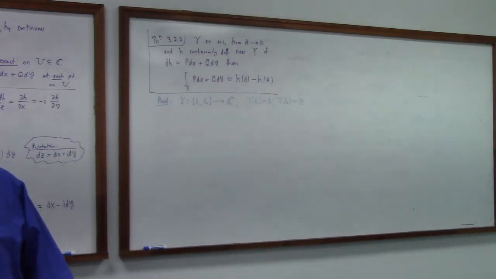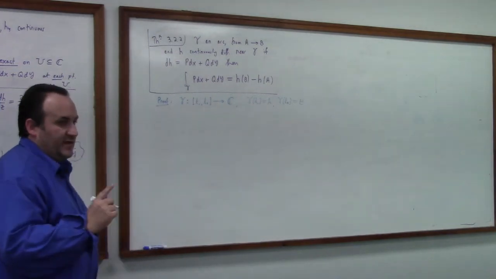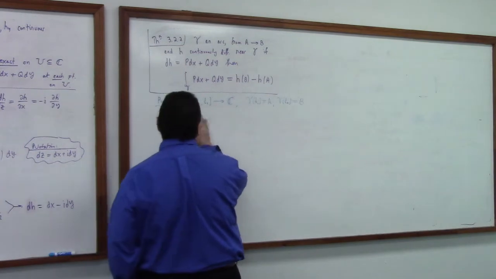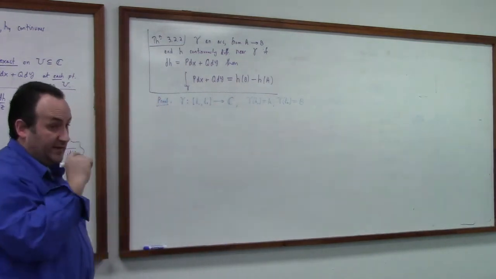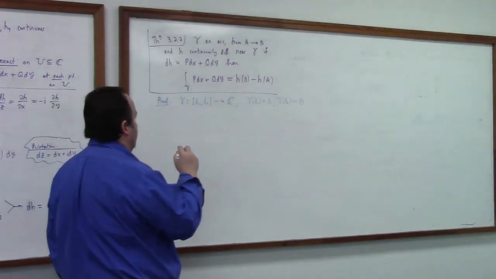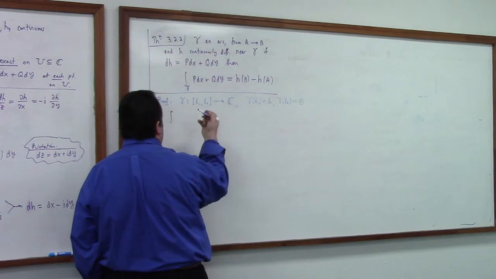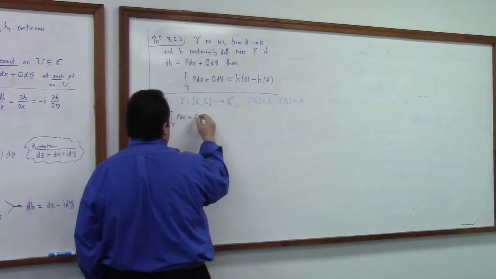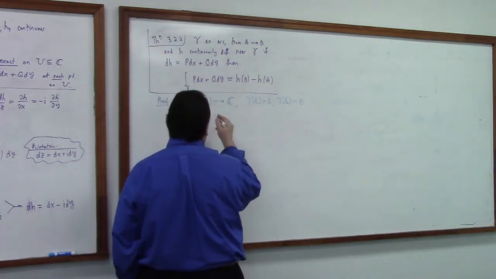This is just the punchline to the FTC, right? This is the complex version of the FTC. This is FTC for line integrals, but we're doing FTC for complex valued line integrals. So this is not a theorem you saw in Calc 3, because in Calc 3 this was all real valued stuff, right? But here it is, p dx plus q dy over gamma, right? Well, that's equal to